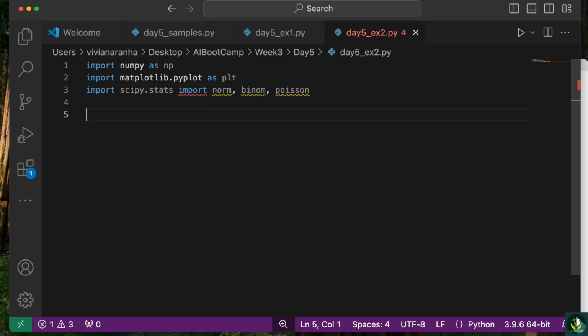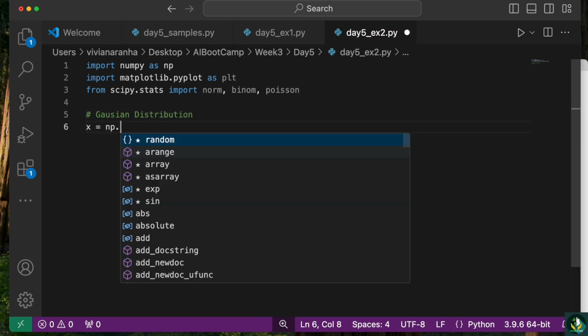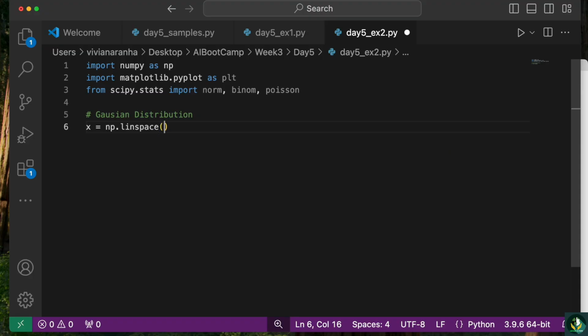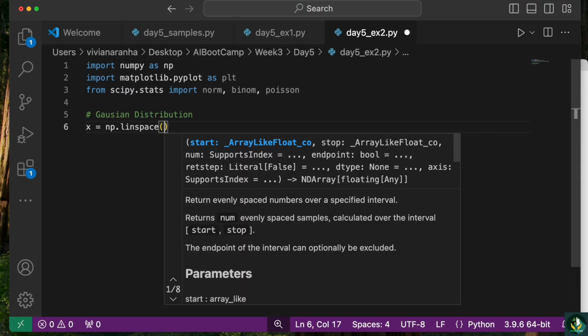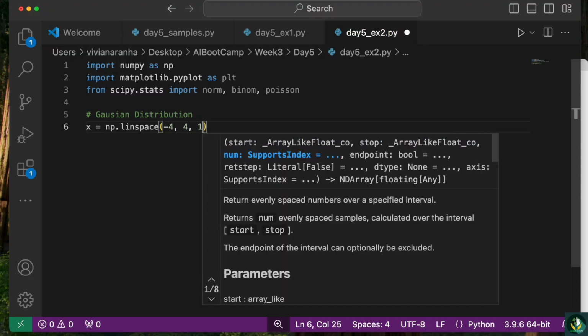Next, let's start with Gaussian distribution. The reason we see an error here is because we haven't used the imports yet. Perfect. So for this, I'm going to say x equal to np.linspace, and here I'll give -4, 4,